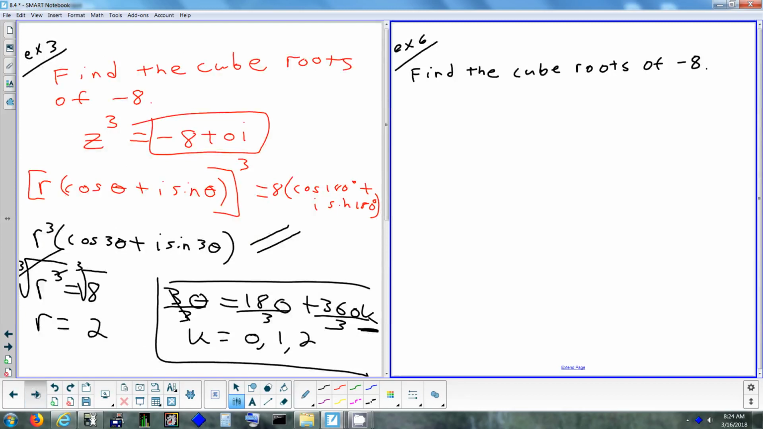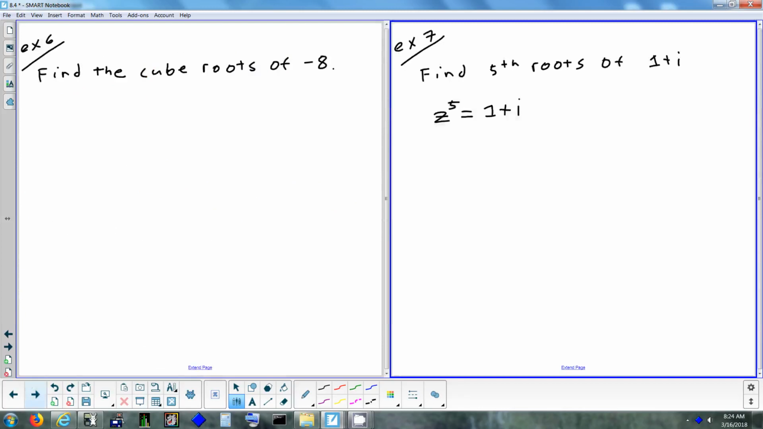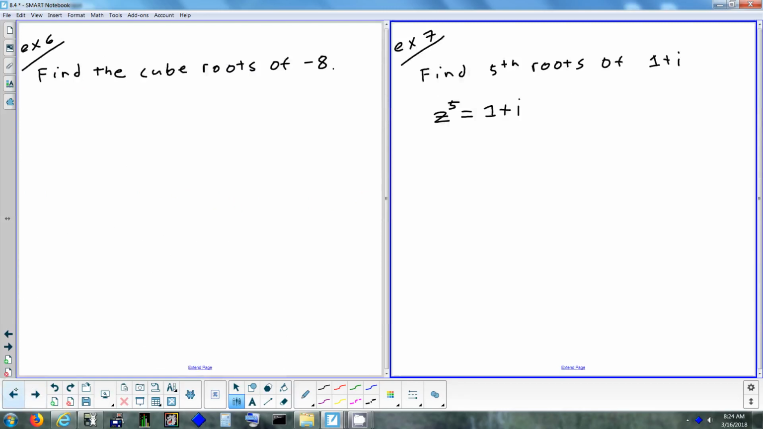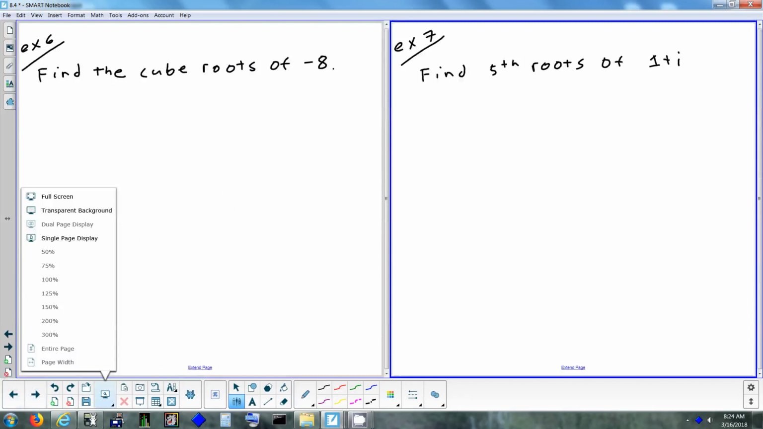Oh, there's the cube roots of -8. Let's do this one: the 5th roots of 1 plus i. And the first step would be to just figure out what the equation is. So if they didn't give it to me,